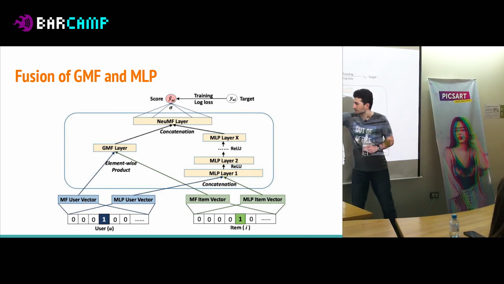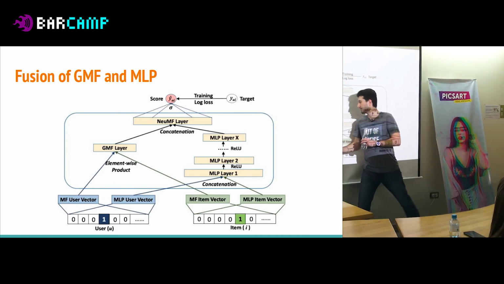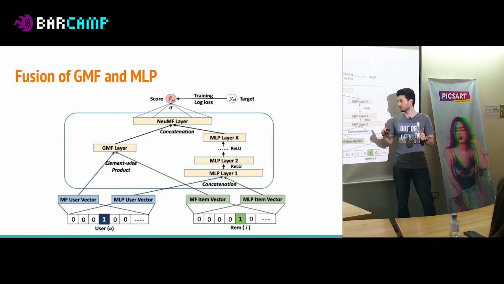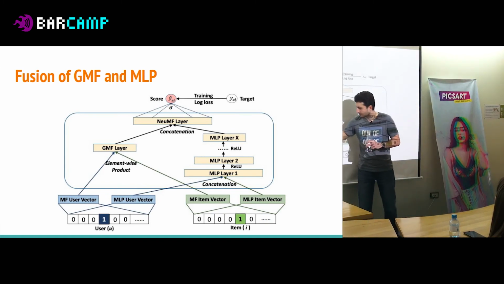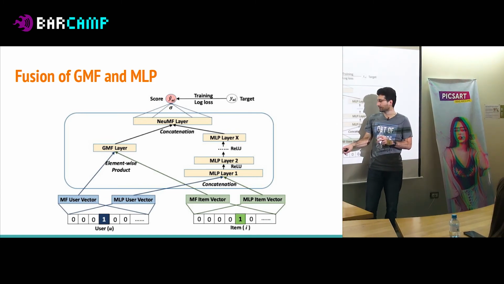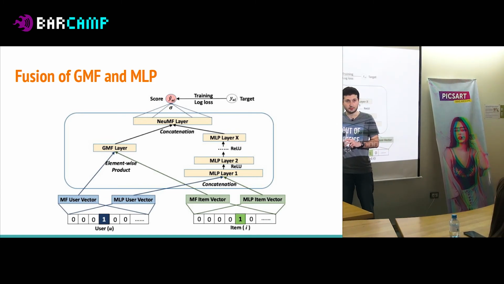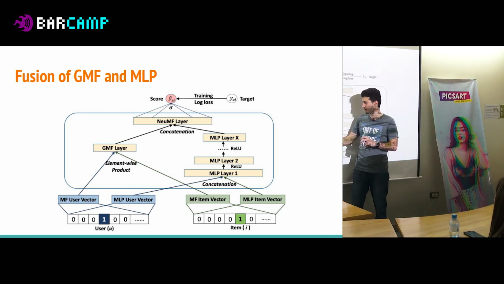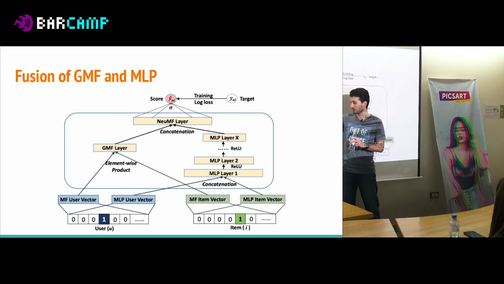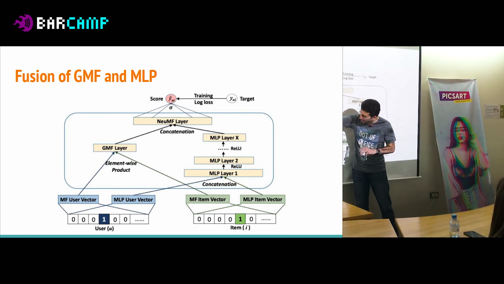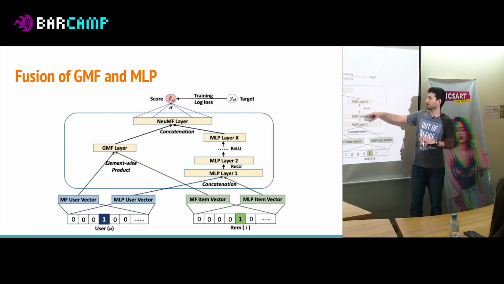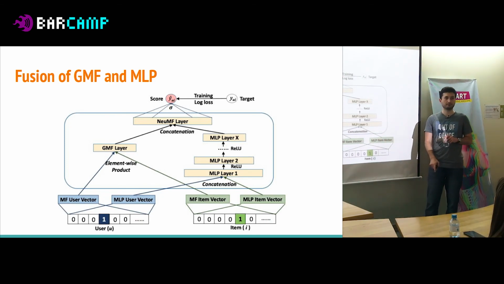Basically, this is the first one I was talking about just 1 minute ago, and this is the second one I was talking about. They both do not have shared embeddings, so if we have user one-hot encoded vector, it learns a separate embedding for the left part, which is a kind of generalization of matrix factorization here, and does element-wise product. But at the same time, there's one additional embedding that is learned separately for the MLP part, which is the multi-layer perceptron part. And the same is true for items.